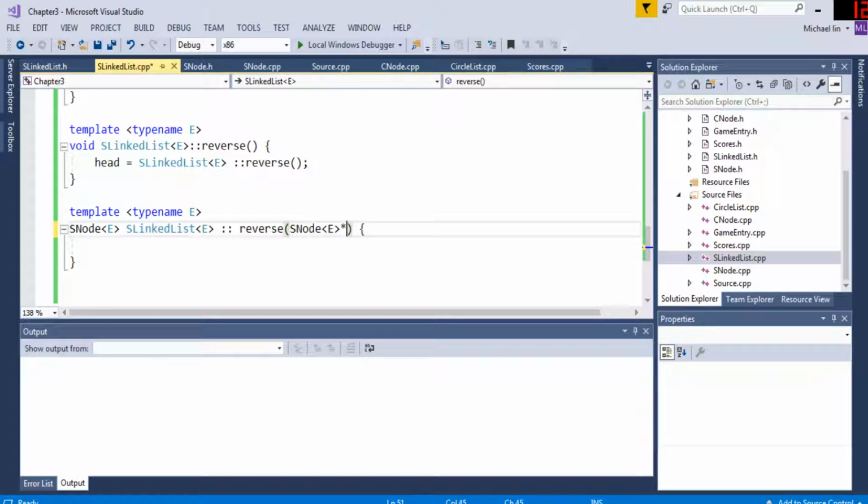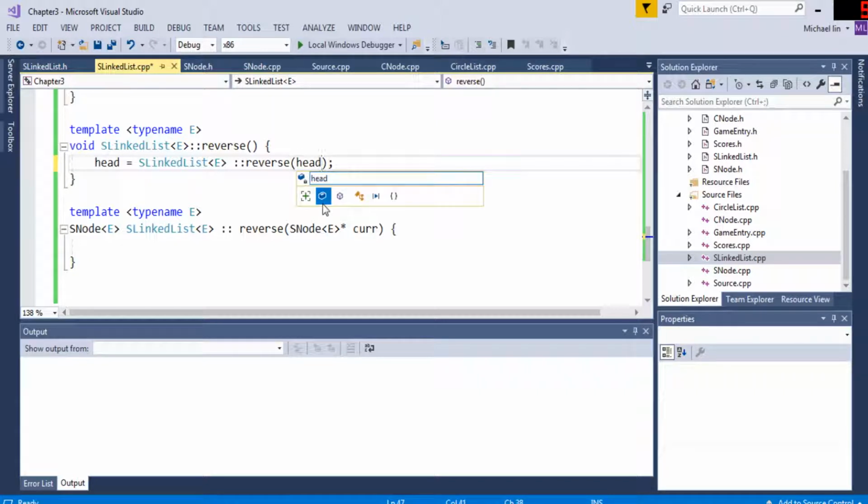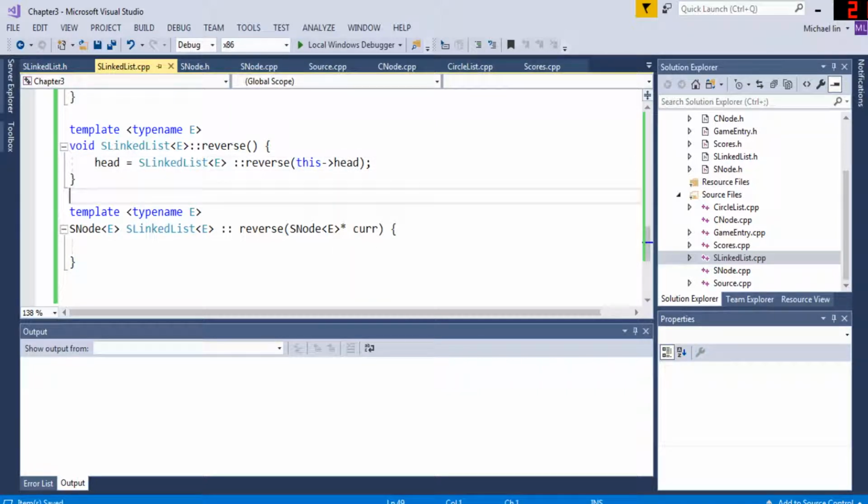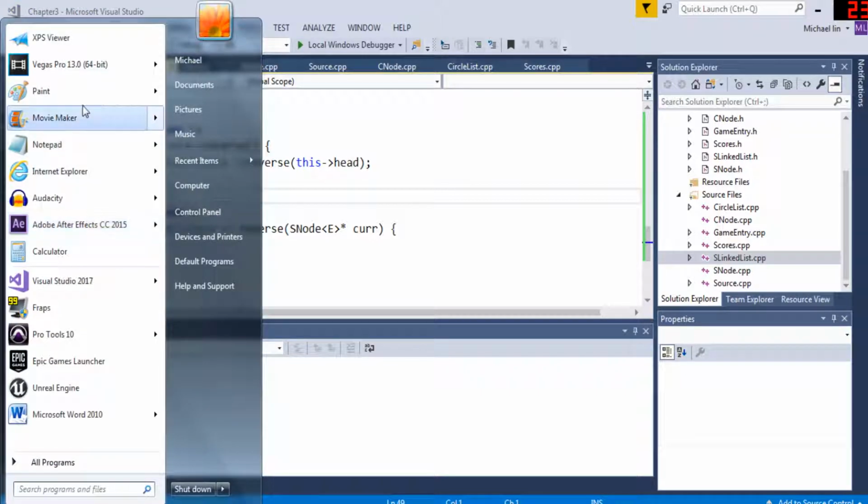So I'm going to take a current, and this is going to be head. Passing this head, and that's going to set head to point to that. I think. Yes. So basically what I'm doing is given a node,